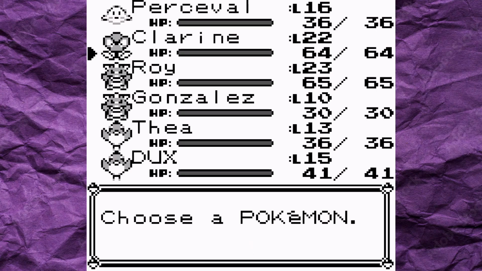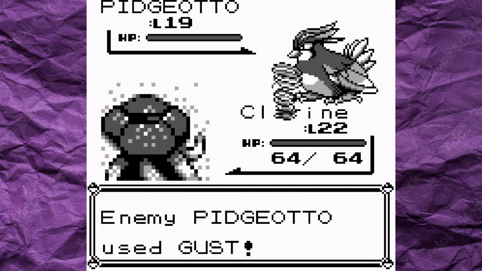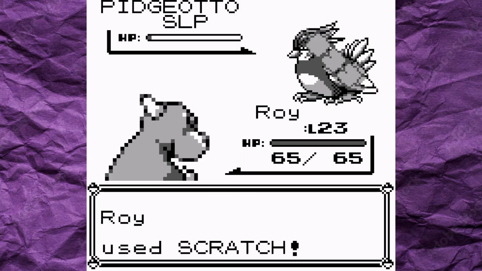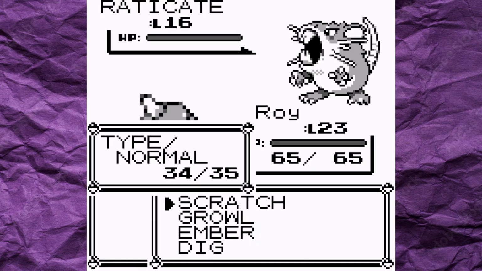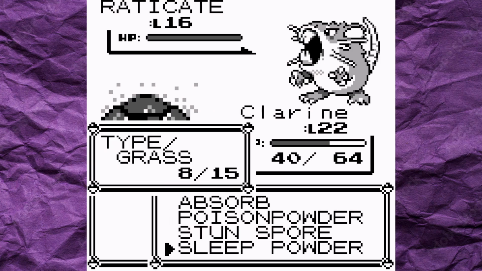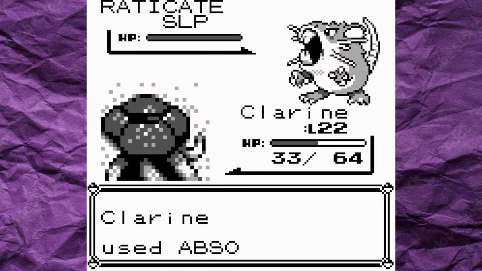Blue leads with Pidgeotto yet again, but this time Clarion can come in and put it to sleep. Gust is normal type in Generation 1, so Clarion isn't in any real danger here. Roy switches in on the sleeping Pidgeotto and takes him down quickly thanks to an Ember Crypt. Raticate is up next. Clarion switches in, eating a huge Hyper Fang in the process, but puts Raticate to sleep and chips him down. Once Raticate is low, I switch Percival in to soak up some experience and Raticate wakes